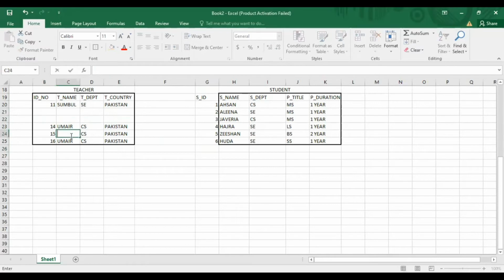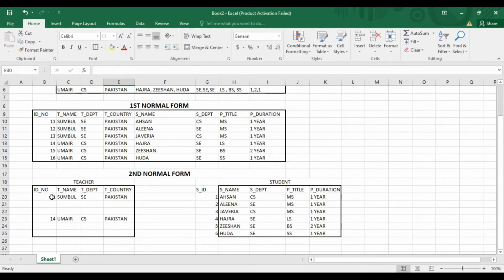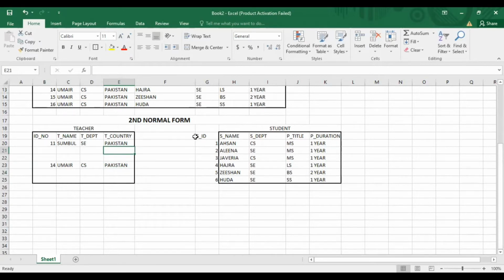Cut that teacher and write it only one time, because there is no need to write it multiple times, since functional dependency is no longer in this table. If you write it only one time, we can see which teacher Hajra is under, but in this way we have separated the table.